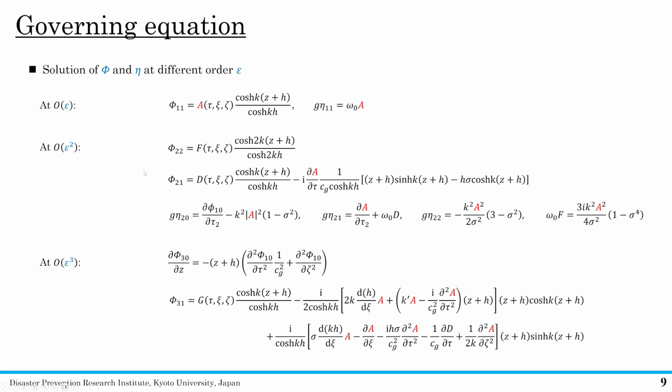At the last conference, I heard Professor Philip Liu's new research. He expanded this Zakharov equation to fifth order, and the terms fill maybe two A4 pages. I asked him, is there any difference in the final result if we consider fifth order or not? And he said, of course not. So that is just a theoretical discussion. For engineering, or if we consider the final result, maybe the third order is enough.